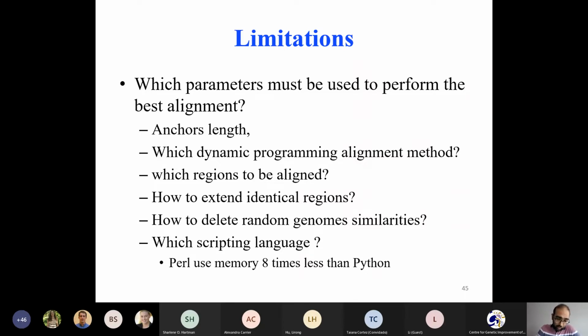And also one important thing, the last one, is which scripting language we have to use. In some cases, when we are doing input from files and writing to files, so if we have a large matrix, for example, importing from files and then performing some analysis and saving them later, Perl usually uses memory 8 times less than Python. So if you have a script in Perl, it may be 8 times faster and use less memory than Python. However, it's not in all cases, but it is one thing to consider, depending also on your input and the output and the size of data that you have